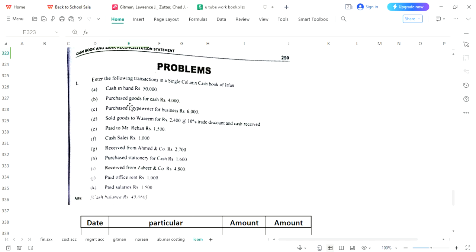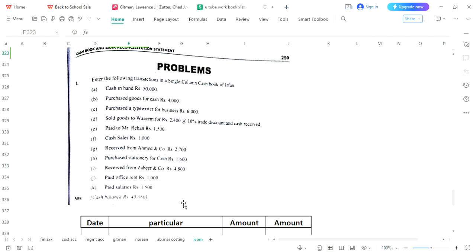Please note it down. These are the transactions which are given. There will be two parts of the question. First, we will enter these transactions into the journal, and then these journal entries would be entered in the cash book. Cash book we will understand in the next lecture. Right now we will engage ourselves only in entering journal entries. We will convert these transactions into